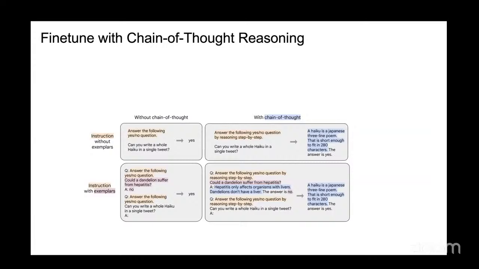So that's what is called chain of thought reasoning, where instead of just giving the question and answer pairs, I also give a chain of thought. Whenever we set out to solve a problem, we have a chain of thought. We start to break down the problem, then solve it, then figure out how to combine the solutions of the broken down problems. So we started teaching a model to do the same thing here.